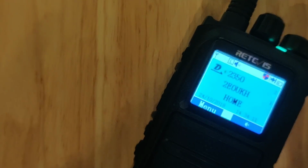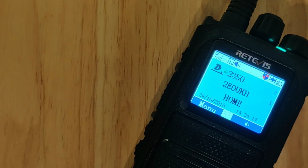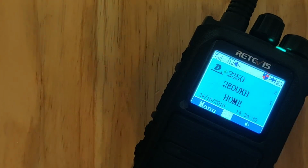So I'll do an in-depth review, but that's just a little bit more detail, because I'm getting a ton of people emailing me asking about this radio, and there's no other details on the internet really. There's some foreign speaking videos, and I'm going to take it through its paces